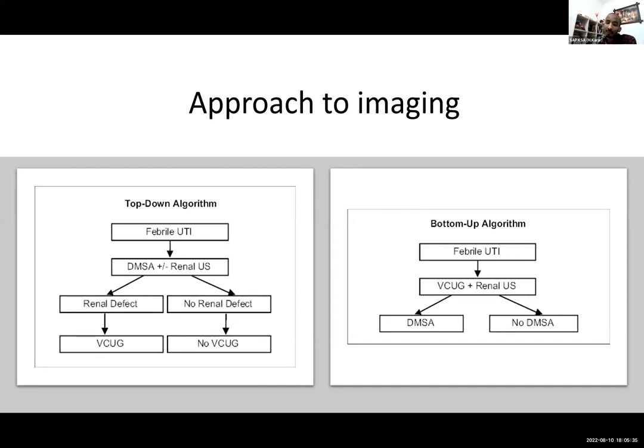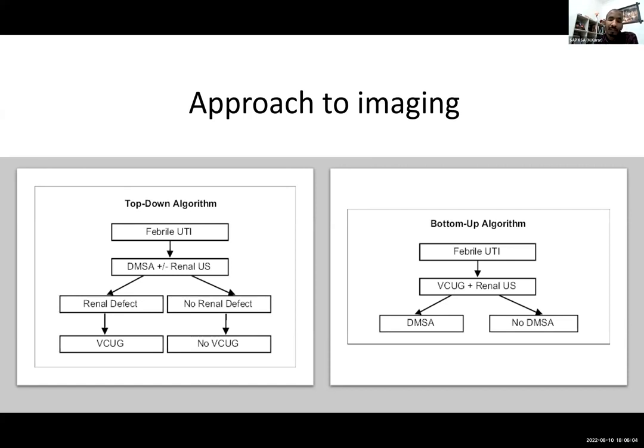Another way of doing the imaging is the bottom-up approach. Bottom-up approach means I will start from lower to upper. So if a child presents with febrile UTI, some people will do renal ultrasound with an MCUG. If the MCUG is significant, they will do DMSA scan. Okay, and so if you are a clinician,